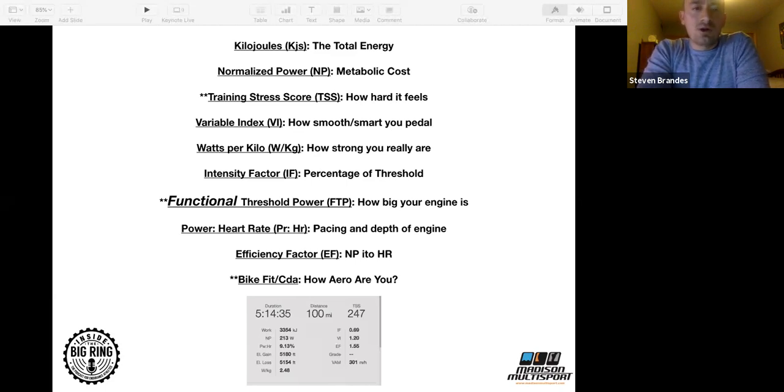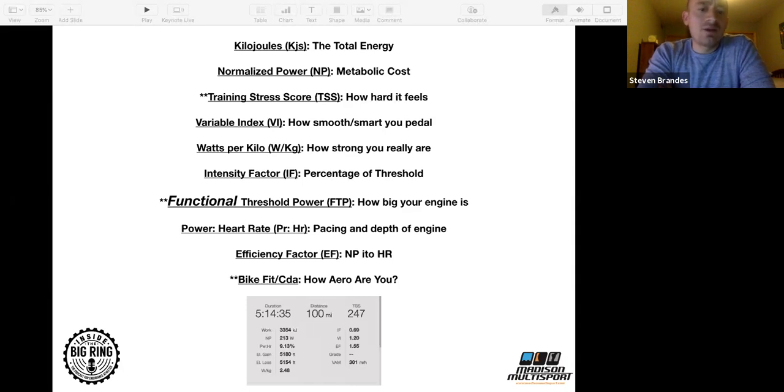The first thing that we are going to talk about is kilojoules. If you look in the box at the very bottom, this is a very common Training Peaks summary box, and in there you will see work. You'll see kilojoules. This is the first one, and we're going to get into it because it's an important one. Kilojoules is basically the total energy of the workout. Okay, it's not TSS. Kilojoules is the total energy of a workout.